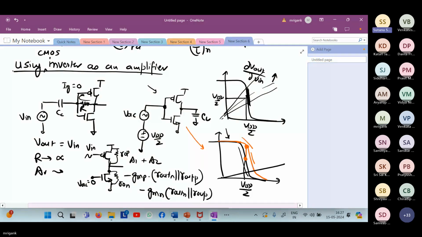Sir, it will determine the bandwidth up to which it will work, basically. So what will happen to the bandwidth if the R is increased? Then the RC value will increase, so the bandwidth will degrade. Degrade means in what manner? Will it become more low pass, more high pass? What will happen? The C is forming what kind of filter with the R? It will become more high pass.